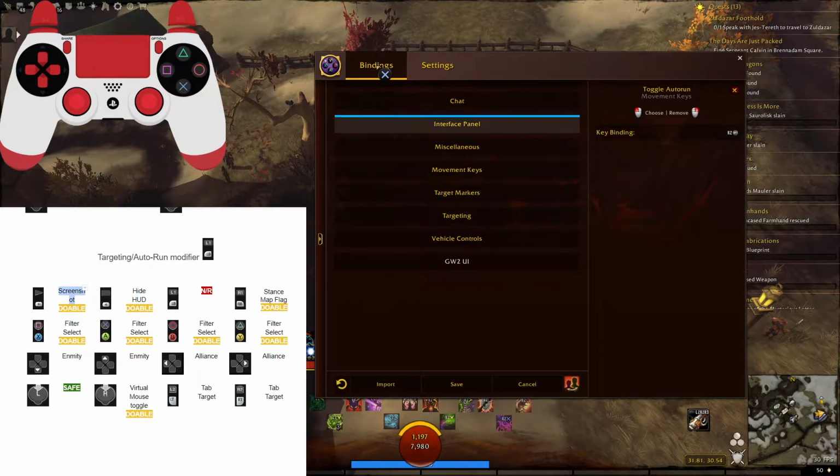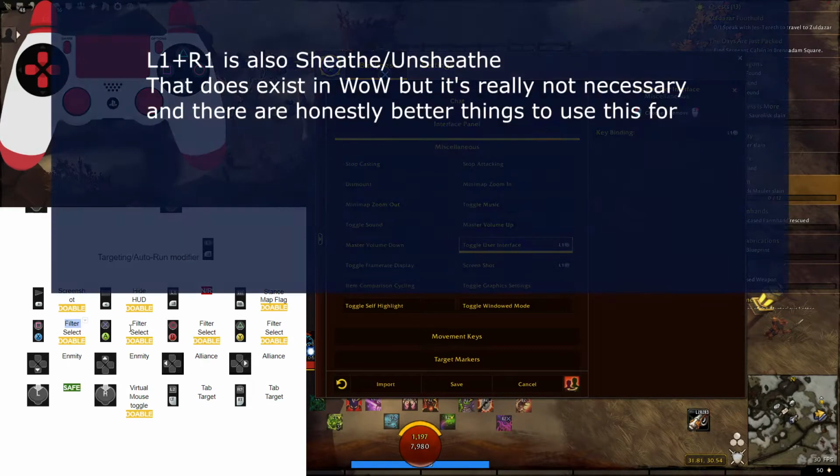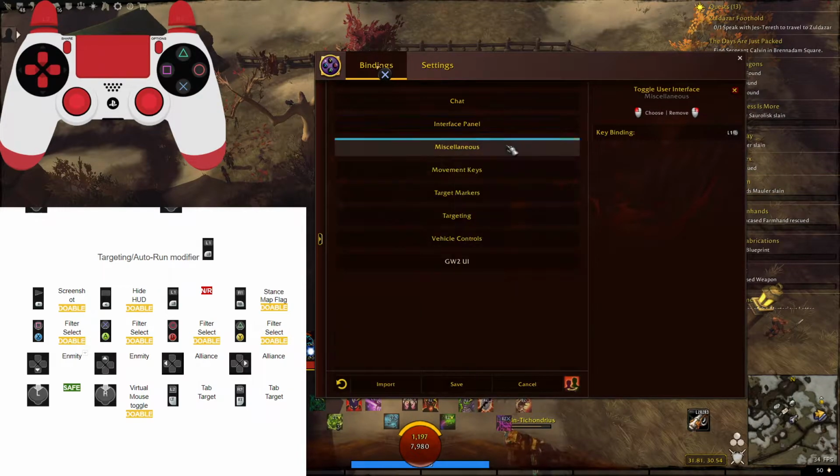So we've got our screenshot that is going to be a miscellaneous. Hide HUD, that's toggle user interface. We don't have map flat. Well, I mean, we do, but I'm not worrying about that. There is no idea of filter select, so we can skip these for the time being. And there is no concept of enmity targeting enemies that you already have aggro to. Is it possible you could make a macro? Maybe. I would have to think about that, but I don't have one available for this video. So for the time being,